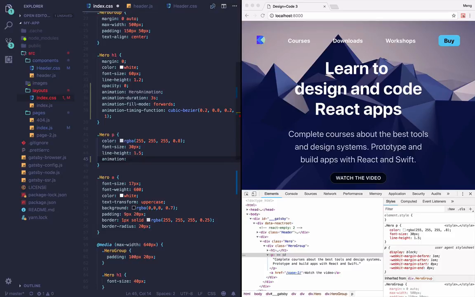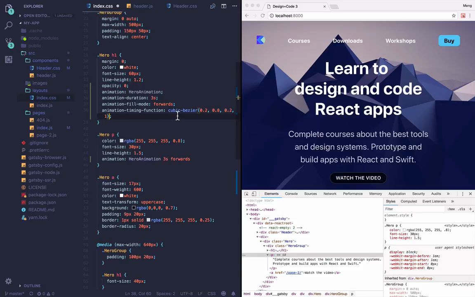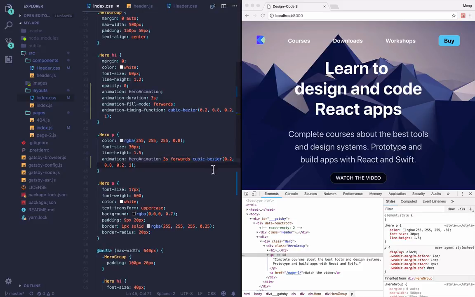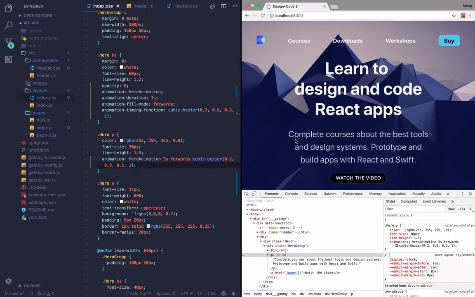And if you follow the order correctly, starting with the name of the animation, and then the duration, which is 3 seconds, and then forwards, and then your cubic. So I'm just going to copy and paste this cubic value. Now you see that both of them have exactly the same